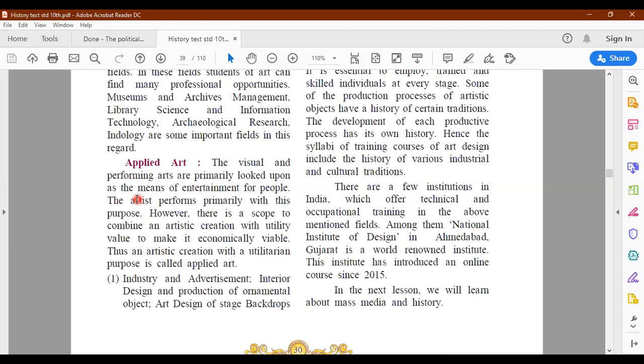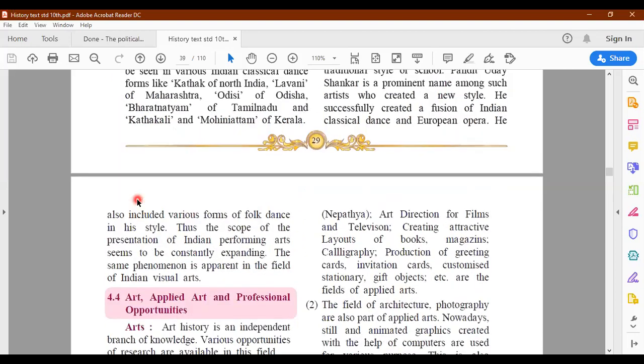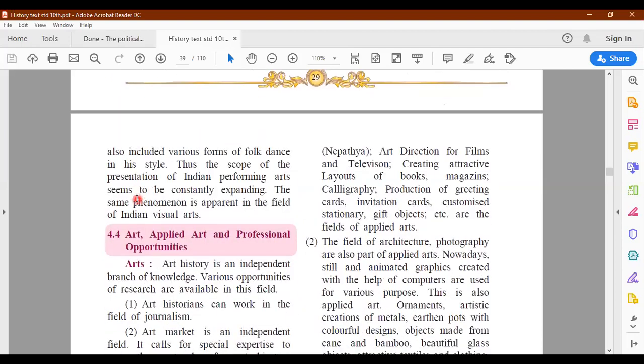For example, in industry and the advertisement field, interior designing, production of ornamental objects, art design of stage backdrops. Supposing a particular theater play is put up and it is related to one particular king of a particular time period, then the type of dress that the kings used to wear, the ornaments they used, the weaponry of that time.